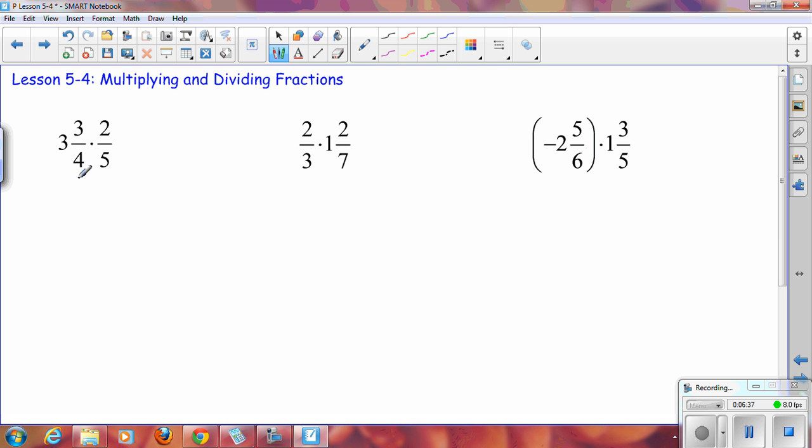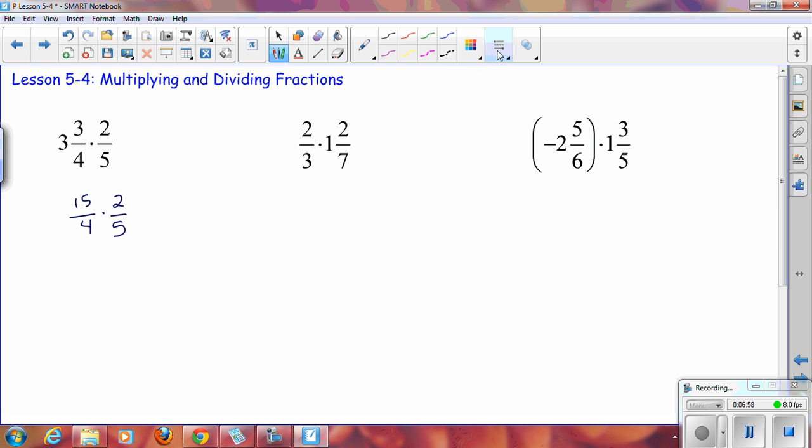Okay, we're going to multiply a few more. I'll do this first one, and then you'll do these two by yourself. Okay, so 3 3/4 times 2/5. 3 3/4: 3 times 4 is 12, plus 3 is 15. So you have 15 over 4, and the second fraction stays the same,